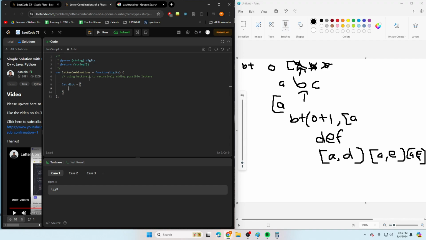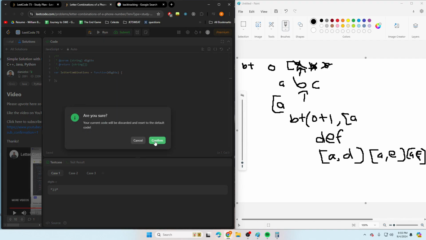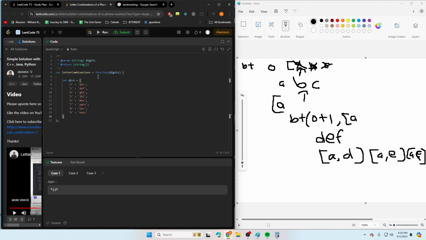The dictionary will consist of the numbers, like 2, and it's going to be an array. I don't want to spend too much time on just writing that, so I'm going to do this, and then this, and then